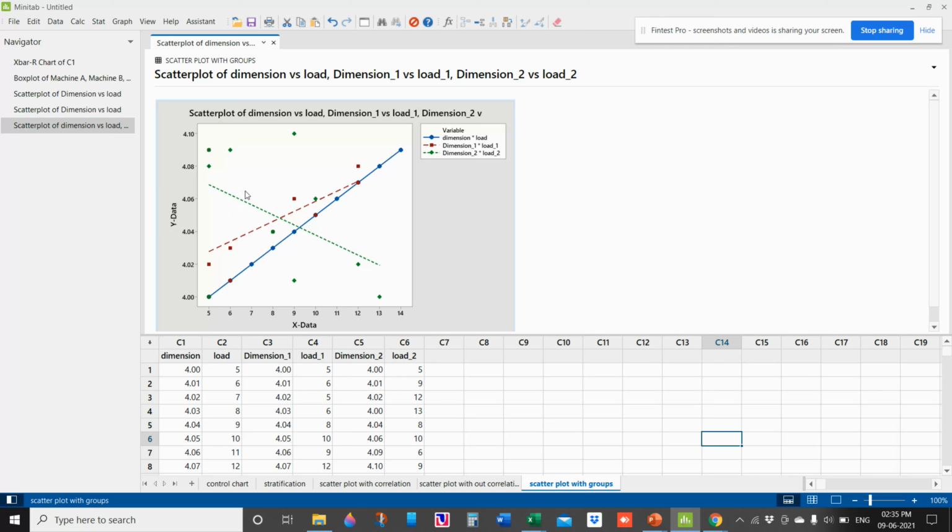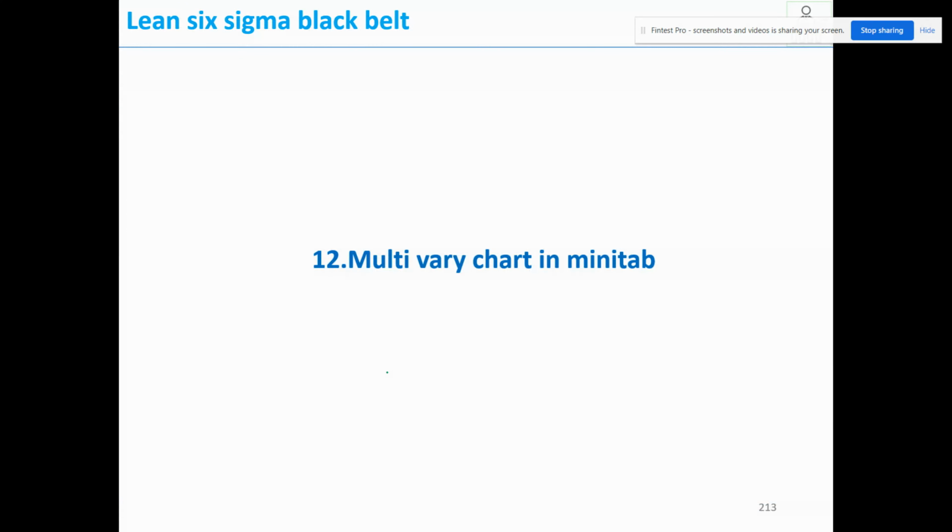Here we can see only one set of data is having a correlation, that is dimension and load. So like this you can do analysis for whatever doubt that you have with the parameter and output, and conclude whether there is a relationship or not. So this is how we can create single and with-group scatter plot examples in Minitab. So next we'll be seeing the multivariate chart in Minitab.